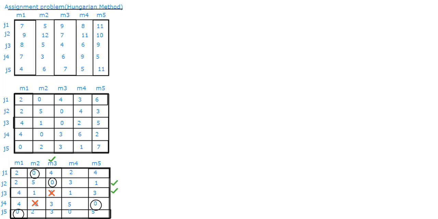I'll tell once again. Always look into the rows first. Among the rows, I mark the one which has no 0 assigned. It is revolving around only one thing, but we are looking at it from different aspects. So I have assigned the one which has no 0, and done one tick.